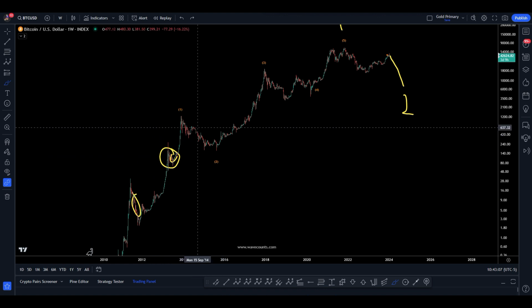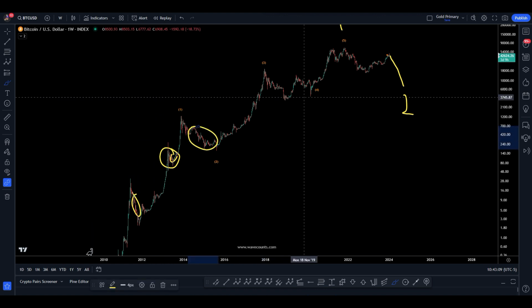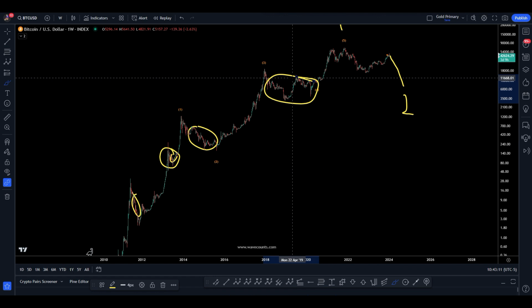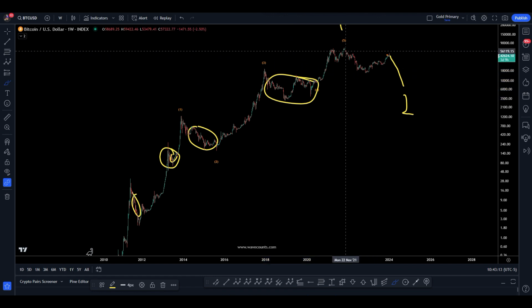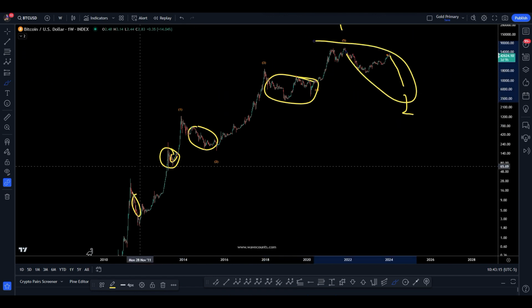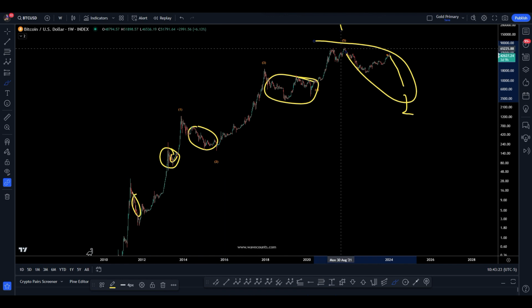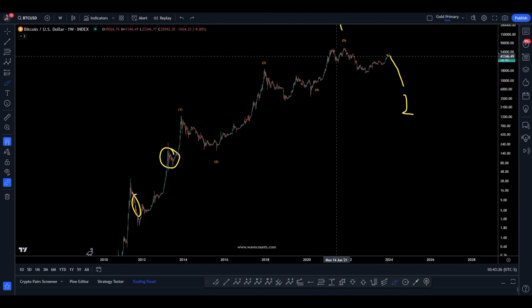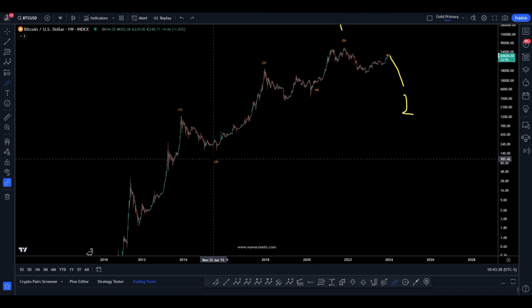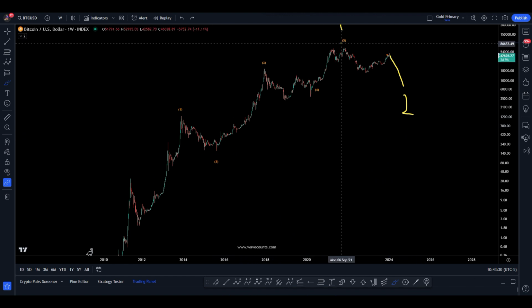This obviously is a big one. This whole thing's a big one. Okay, and now you're onto something that looks even bigger than anything you've ever done, which makes sense if it's a major correction to a 5-wave move up, right? Makes perfect sense that you would get something bigger than you've ever seen before.